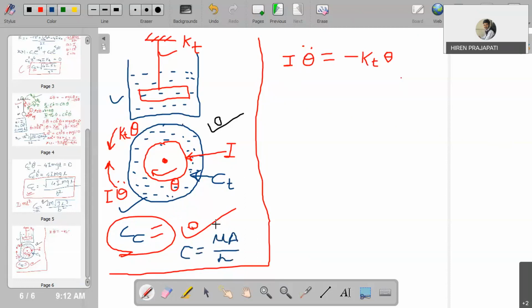Where mu is the viscosity of the fluid which is filled in this drum. A is the area, means if you open this cylinder, then you can imagine one rectangle which has